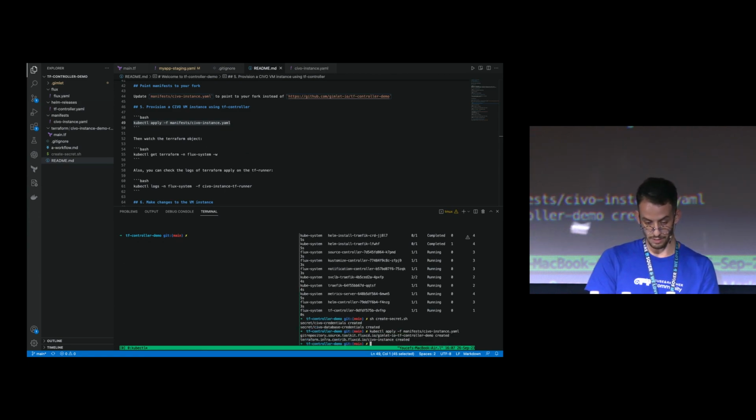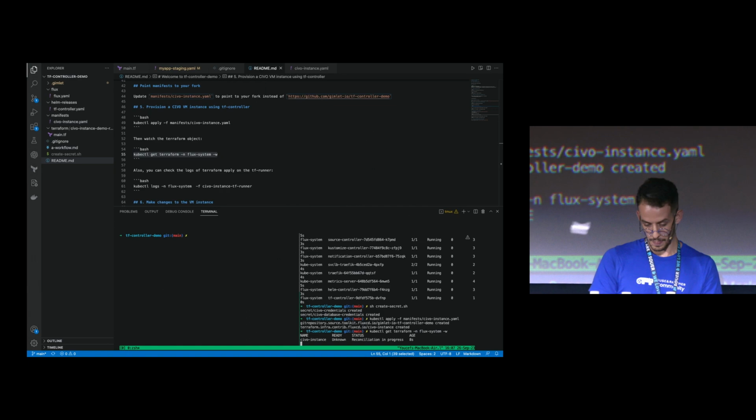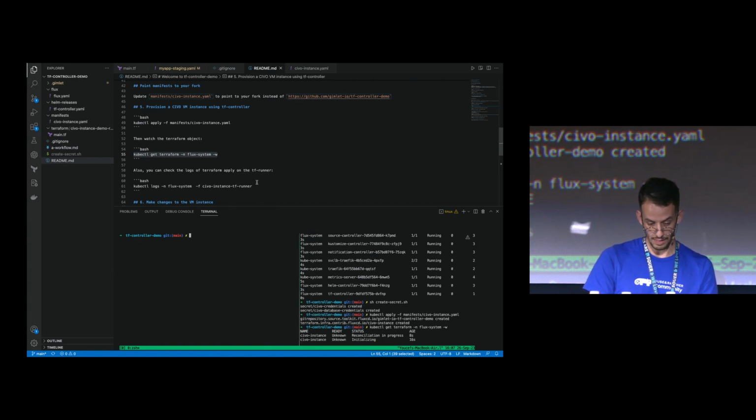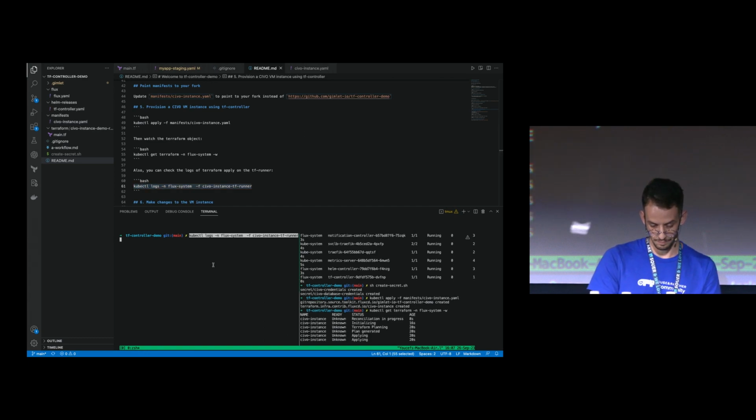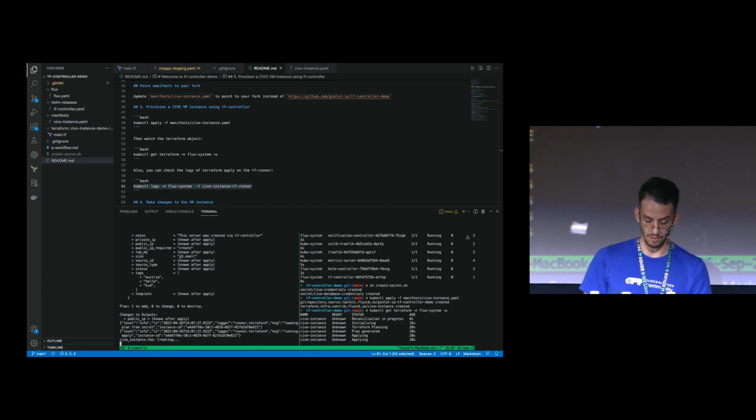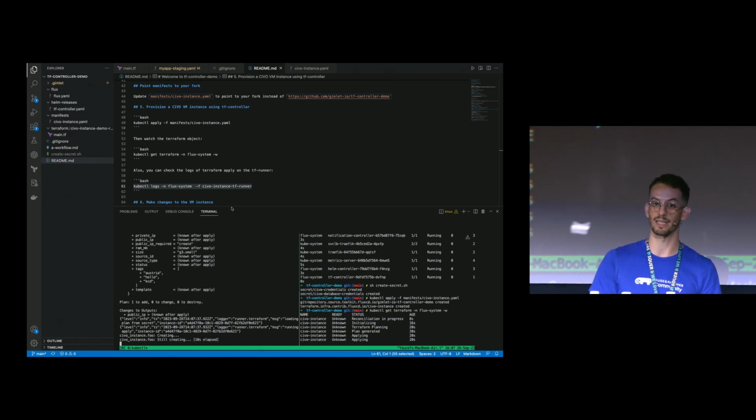All right, so I created my Terraform resource. Let's watch things. We'll start looking inside this folder, which is where we have the resources. In the meantime, let's check the Terraform runner. As you see here, the Terraform runner is a subsystem of the Terraform controller, responsible for applying Terraform commands.